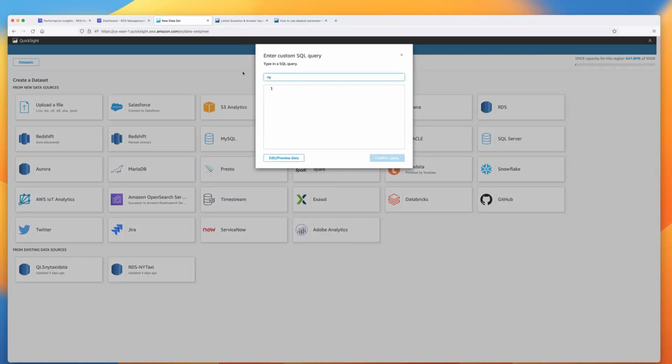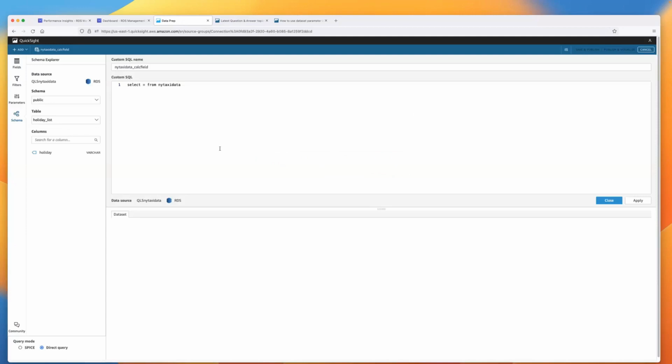I will name it as New York taxi data underscore calc field, so we are going to use it in a calculated field. I will give the query select star from New York taxi data. I will go on edit and preview data, and if I click apply, you will see the